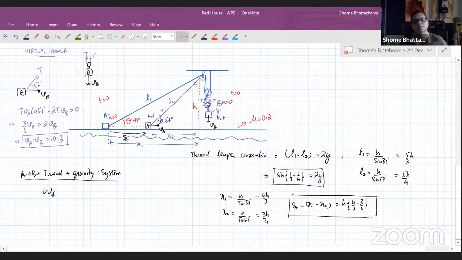So work done by friction on the block A should be equal to change in kinetic energy of A plus change in kinetic energy of B plus change in gravitational potential energy of B. This would be the statement of work energy theorem. So work done by friction will become,